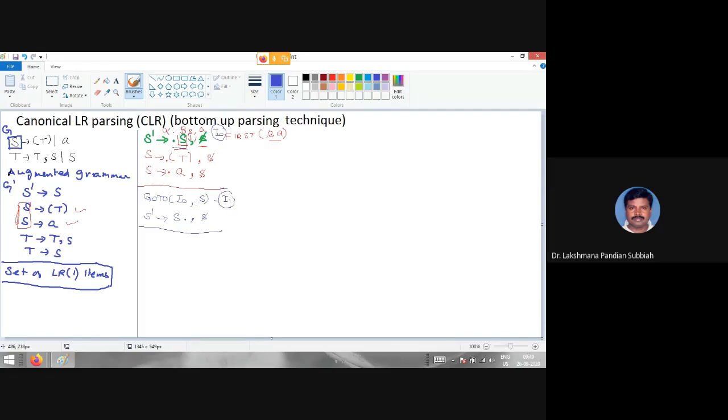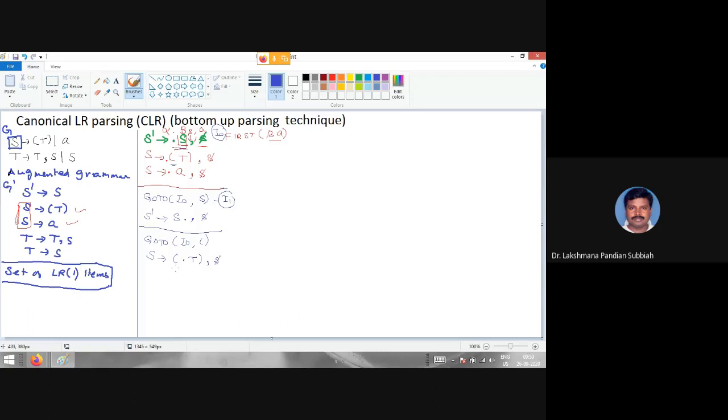Right? Next we have I naught, comma, open bracket. Now you take this and move the dot after the open bracket. So here we get open bracket, dot, T, close bracket, and put dollar.